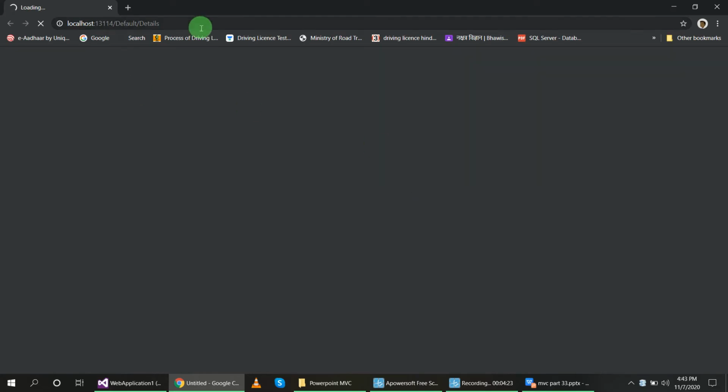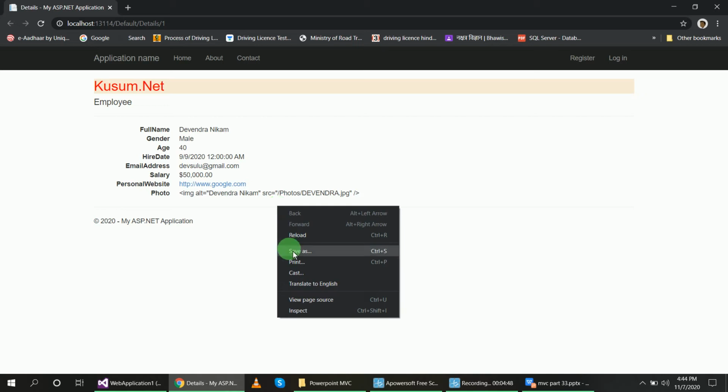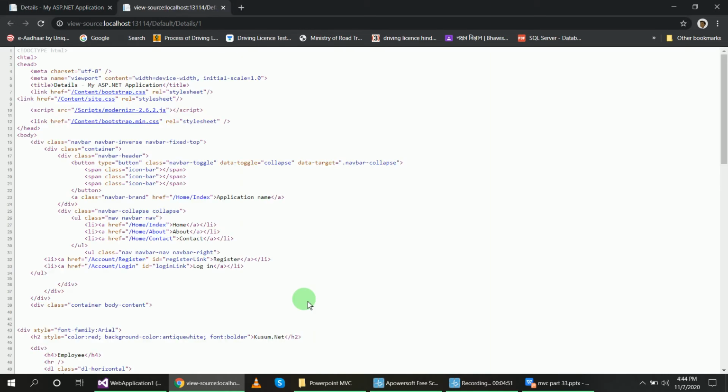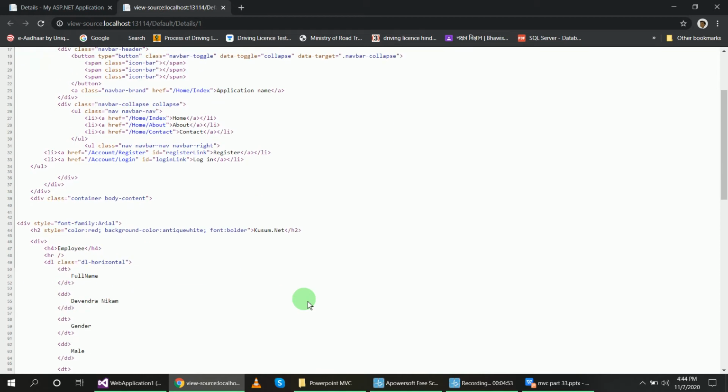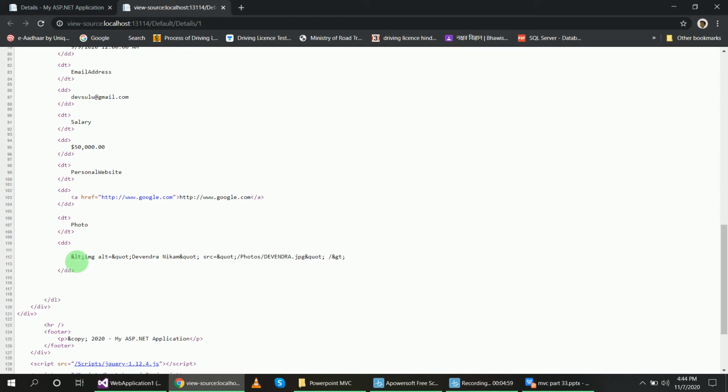Before using IHtmlString, let's see how the HTML encoded output looks. You can see here the HTML encoded string in place of the photo. When you right click on this page and view the page source, you can see that the string is converted to HTML encoded.